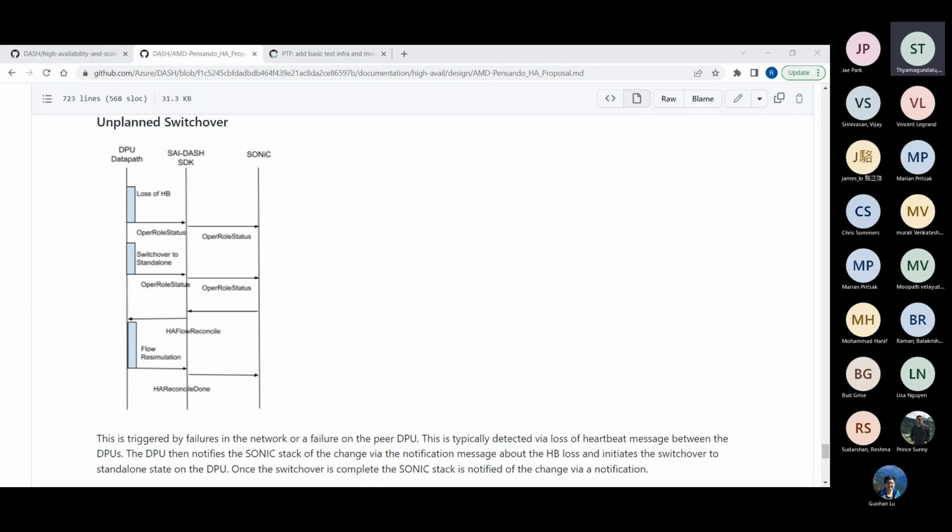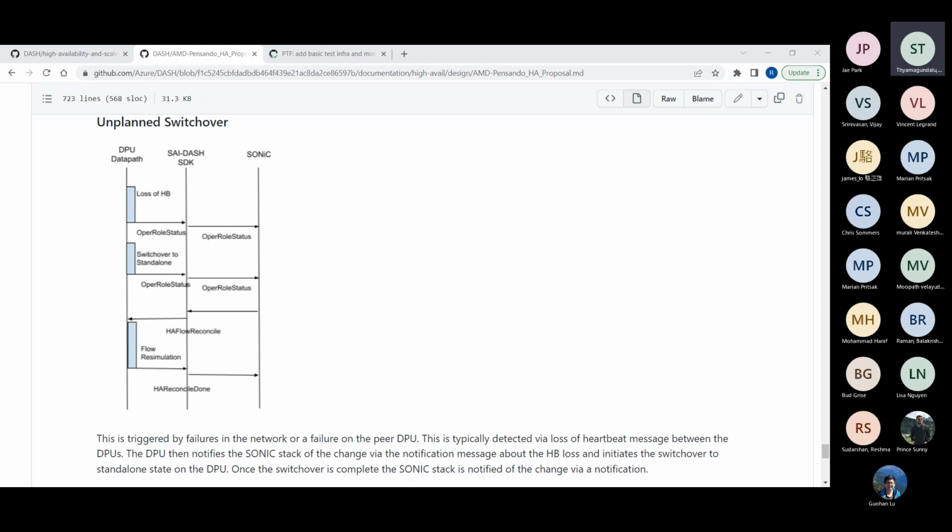So I think what happens in the case of a planned switchover is that there is usually some maintenance on the other side. We want to drain all the traffic from the current primary to the standby so that the old primary can be brought down and maintenance can be done. So we have come to a state where the primary can be brought down. Once the primary is brought down, the whole node pairing sequence starts again.